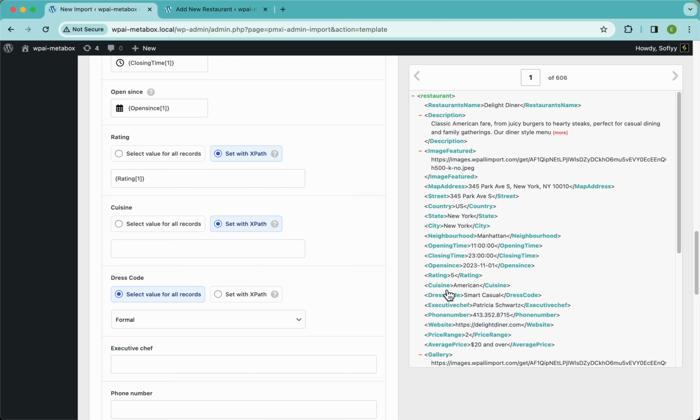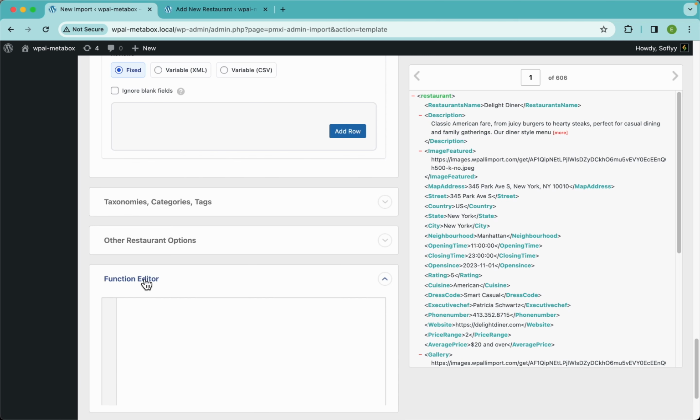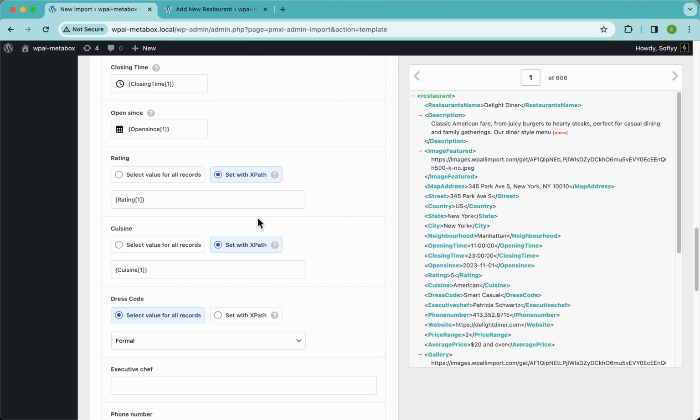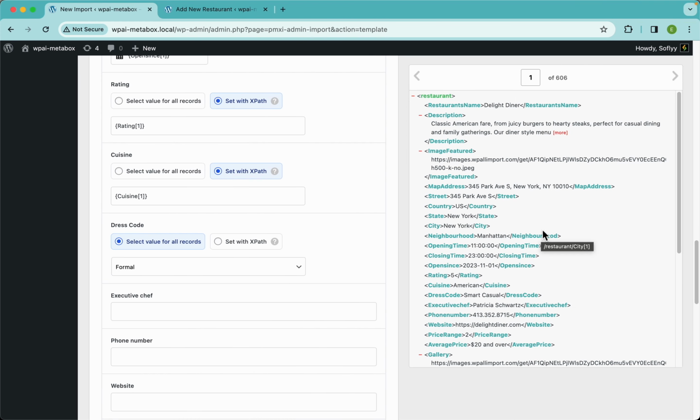So be sure that your import file has that format, and if it doesn't, well, you can also use PHP functions here in the function editor, right? And we have other videos where we can teach you guys how to do that. Or you can go to our website at wplimport.com and learn that on your own. But the gist of it is that if you know PHP, you can use that to manipulate your data however you see fit. And it's very powerful, guys, because sometimes you will need a specific format for some of the